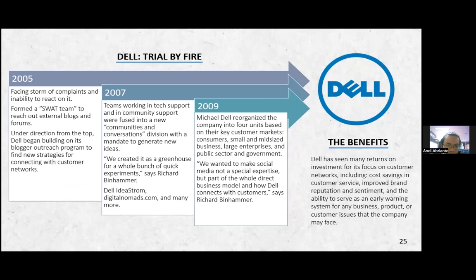Okay, here are some case studies of companies which are successfully implementing the customer network focused organization model. First is Dell. In 2005, facing a strong wave of complaints and an inability to reach them, they formed a SWAT team to reach all external blogs and forums. Under direction from the top, Dell began building on its blogger outreach program to find new strategies for connecting with